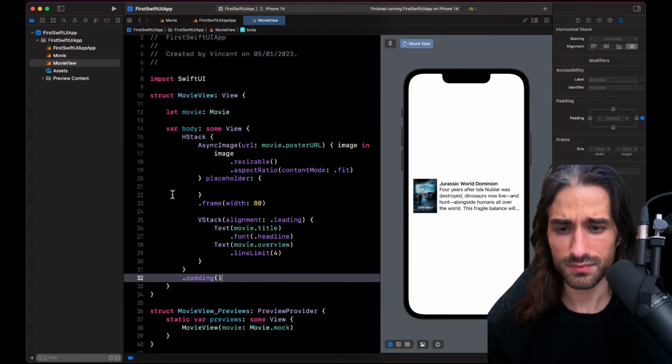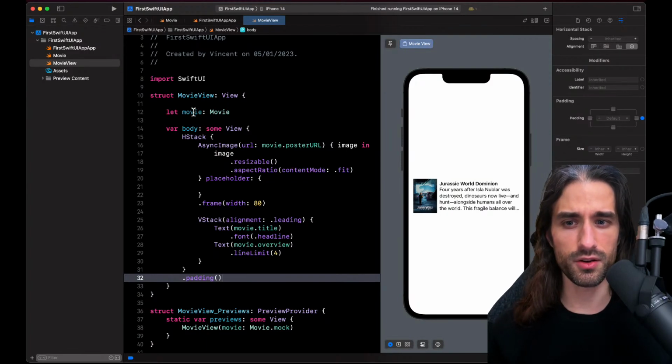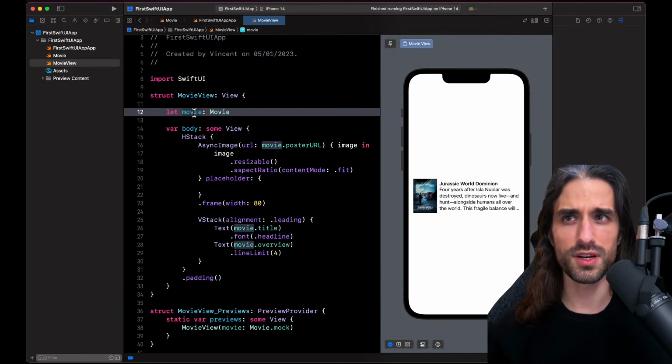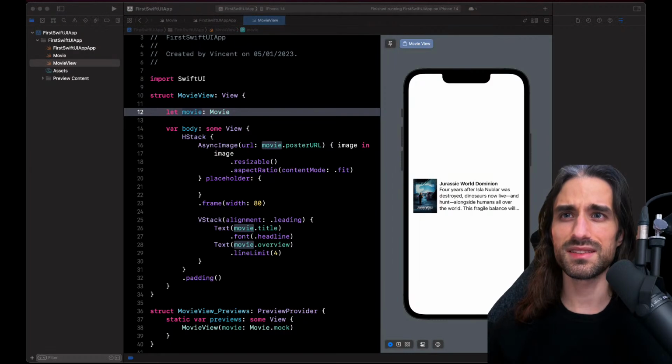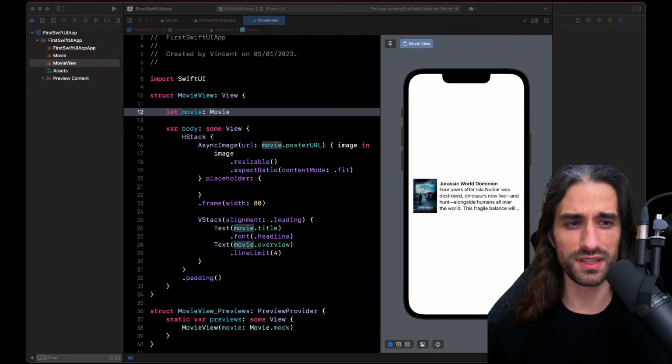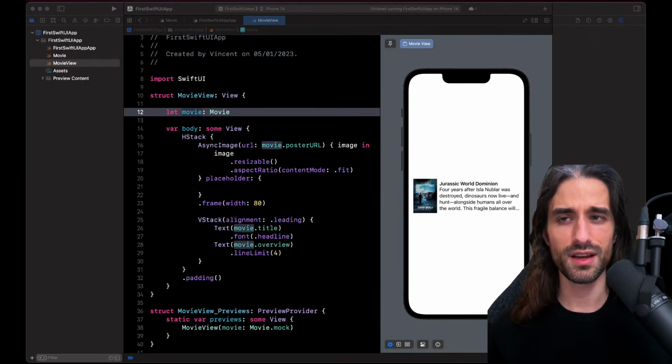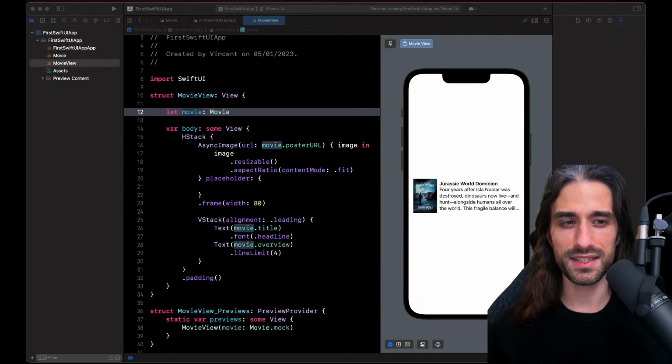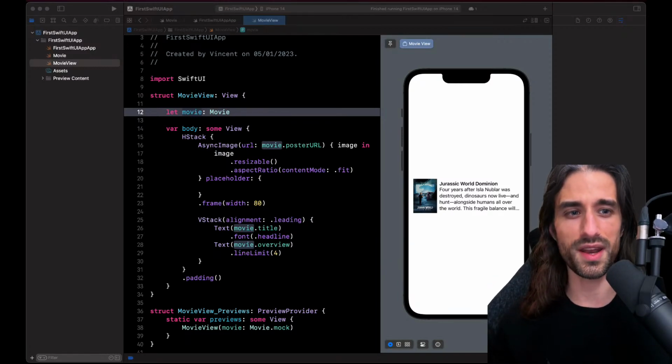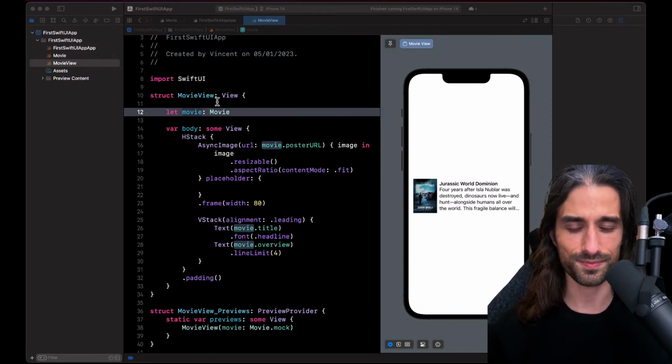Okay, so for now I'm displaying only one movie, but I would like to display actually a bit more movies. I would like to display an array of movies. So I'm going to do that by adding an array of hard-coded movies into my project. And once I will be done with that, we will be ready to make the API call, parse an array of movies from the network, and just swap the hard-coded one for the one I will get from the network.